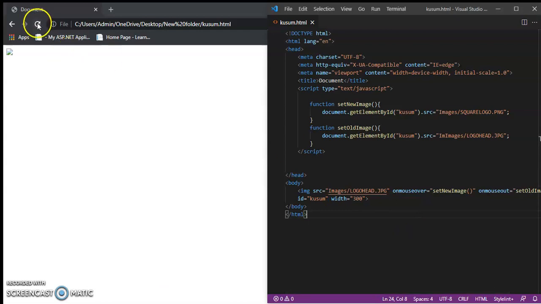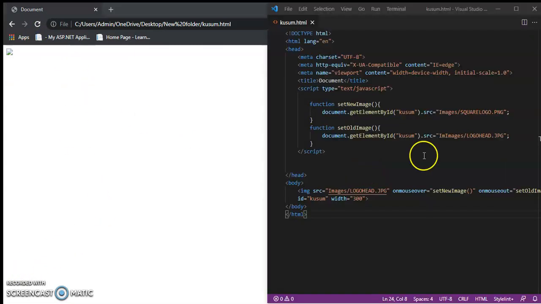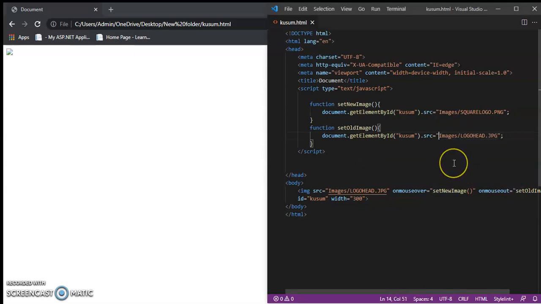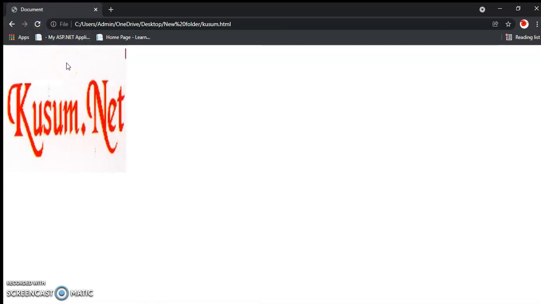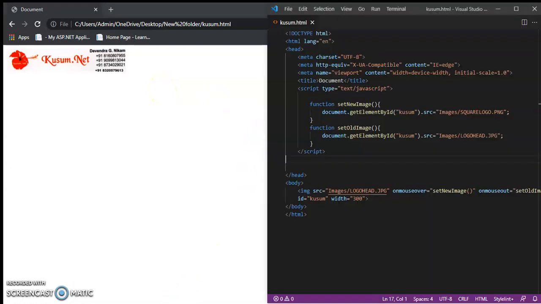Control S, refresh, mouse out. Another problem: this images folder name has a spelling mistake. Control S, refresh, mouse over shows the new image, mouse out shows the old image. So my program is completed.